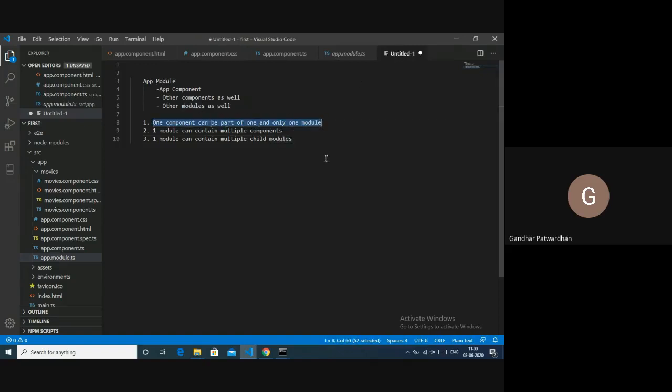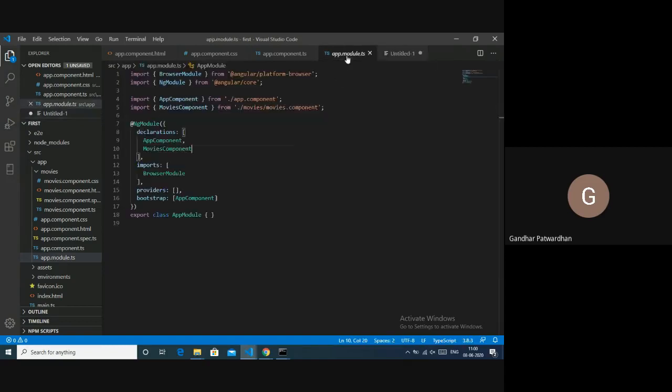As I said, one component can be part of one and only one module. So how to make a component a part of a module? We will do that by adding that component, or the name of the class of that component, in the declarations array. That is how we would be using that component.